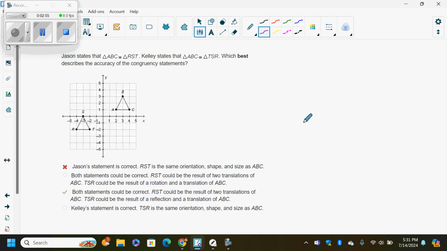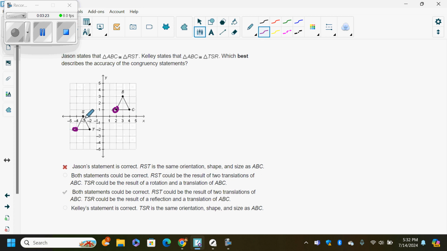All right, Jason states that triangle ABC and RST are congruent. That's what that symbol means. Kelly states that ABC and TSR are congruent. Which best describes the accuracy of the congruent statements? Okay, so congruent statements have to be in order. So if A matches up with R, they're saying in this one, A matches up with P,